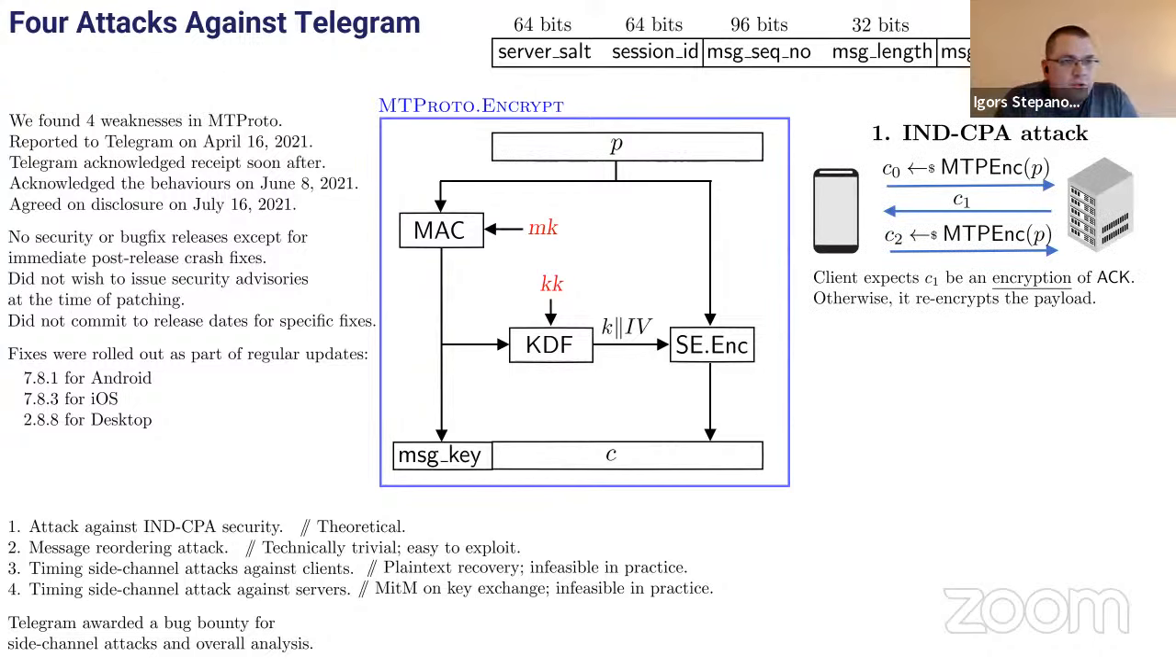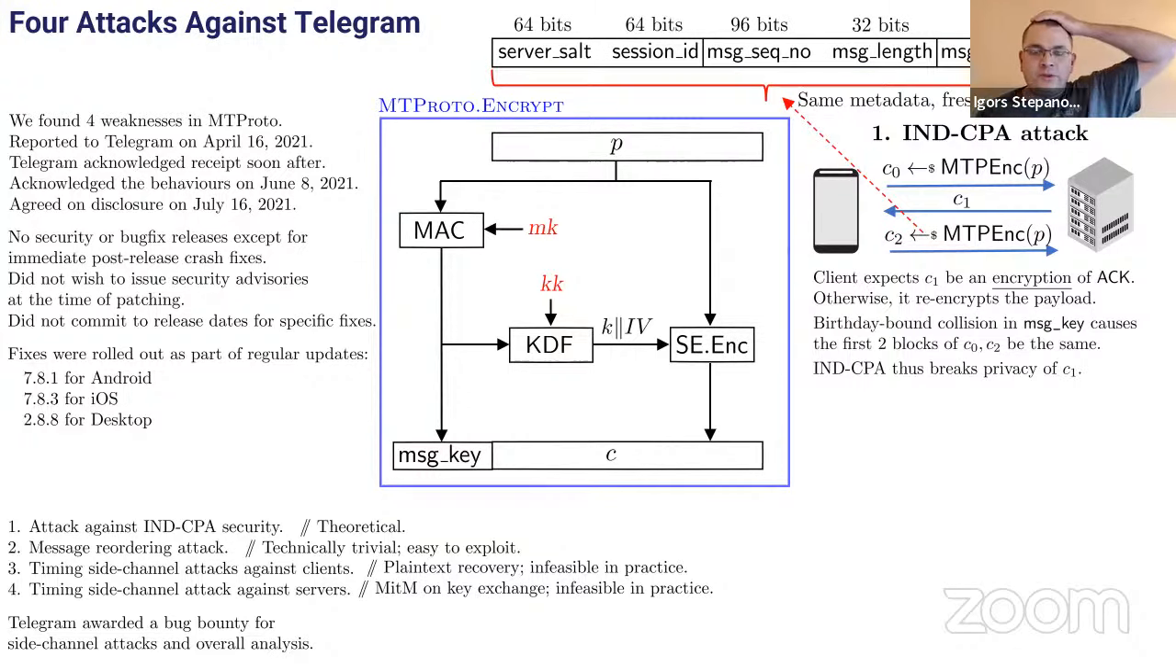Okay, so I'm going to go through these first two attacks quickly because they are trivial. For the IND-CPA attack, I'm not going into the details here, but basically what happens is that if a payload is encrypted and sent from a client to the server, but the client does not receive an encrypted acknowledgement that the encrypted payload was received, then the client would re-encrypt the payload again using all the same metadata, the same message, but a different random padding. So what it leads to is that